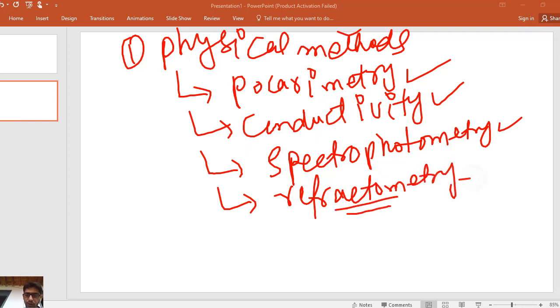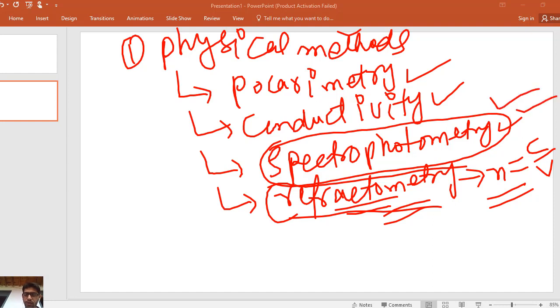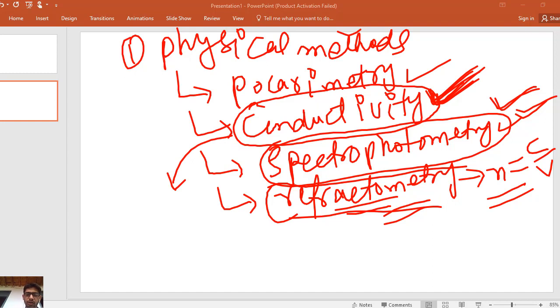In refractometry we determine the refractive index of the solution, and from the refractive index we determine the equilibrium concentration. In this method we are using light to determine the equilibrium concentration of reactant in solution. In the conductivity method we are using electrical current to determine the equilibrium concentration. First of all we make a solution of an ionic salt, like potassium bichromate or lead acetate or sodium chloride solution, and then we put the electrical conductivity probe